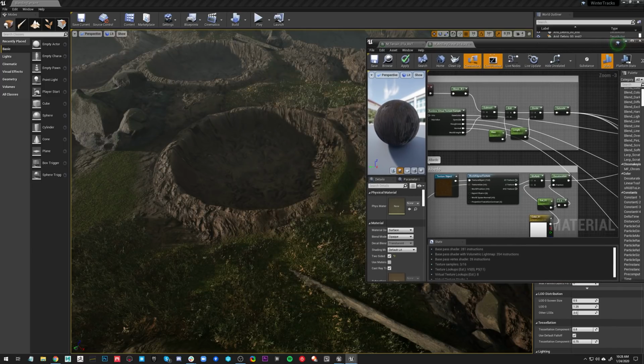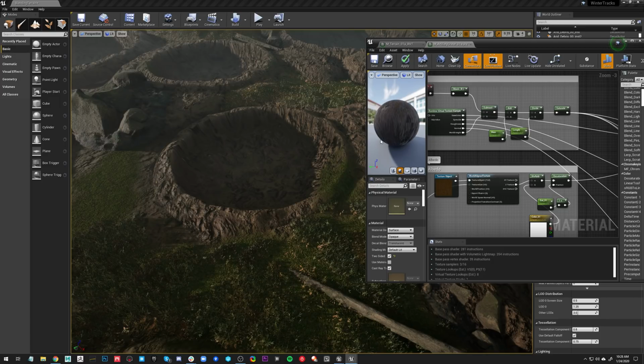So, for example, if these craters were really scorched, and I had grass painted all around and inside, where I've painted the scorched material layer, it can change the grass color automatically.